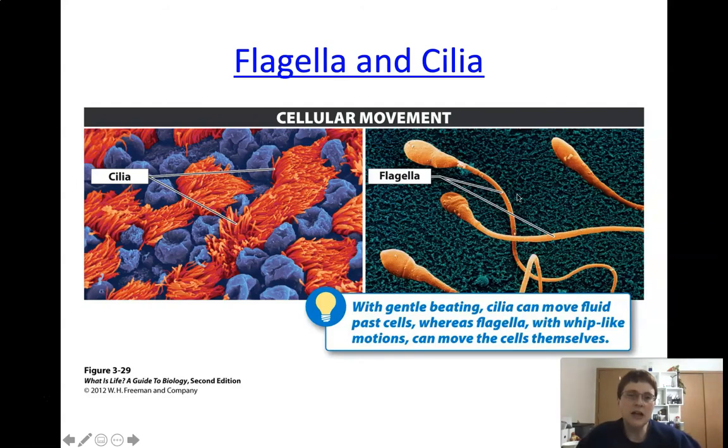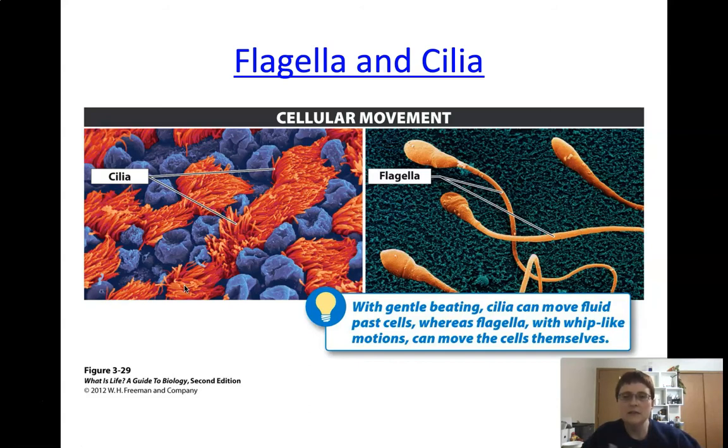So there are flagella that are found on some of the eukaryotic cells, and they have these whip-like tails. Their tails work a little differently, so they're made out of different material, but it's the same idea. They use them to swim. And then there are cilia, and cilia are going to mostly be used for most organisms to move fluid and material past cells. They look more like fur, like you can see here. And so these are going to be used more, especially in organisms like ourselves, like I said, to move things